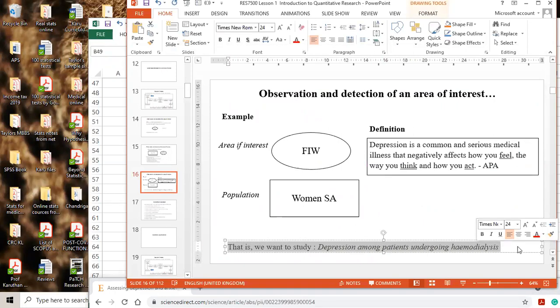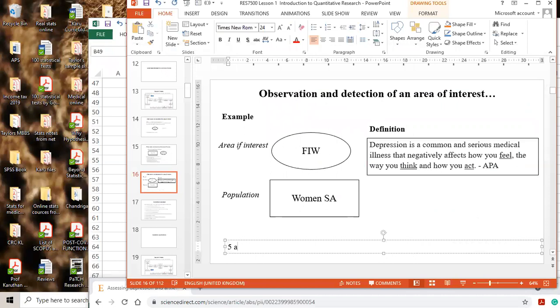Whatever area, 5 articles. Copy and paste the abstract. That's all.